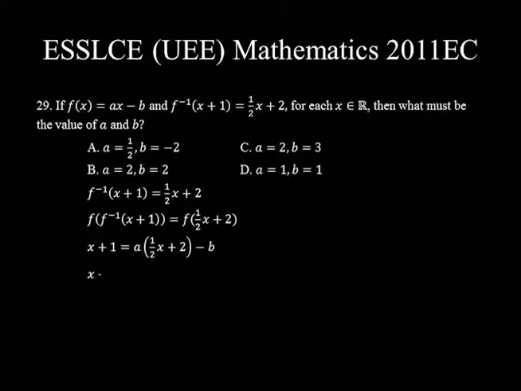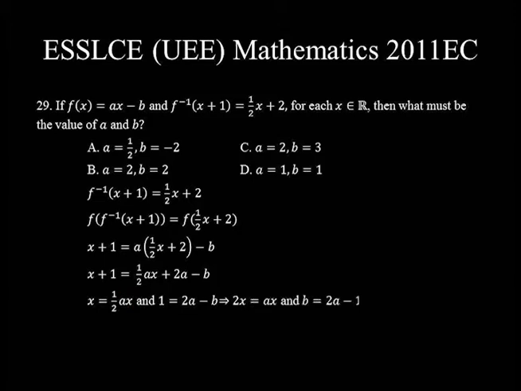This implies x plus 1 is equal to a times 1 over 2x, which is 1 over 2ax, plus 2 times a, 2a, minus b. These expressions are equal only when the variable x is equal to 1 over 2ax and the constant 1 is equal to the constant on the right hand side, that's 2a minus b. Multiplying both sides of this expression by 2, we will find 2x is equal to ax and b is equal